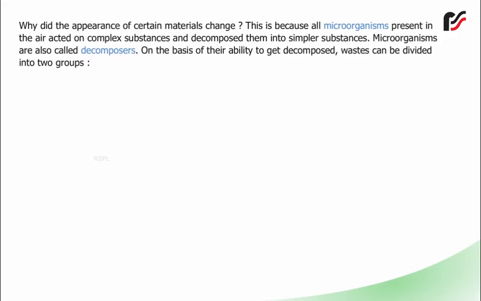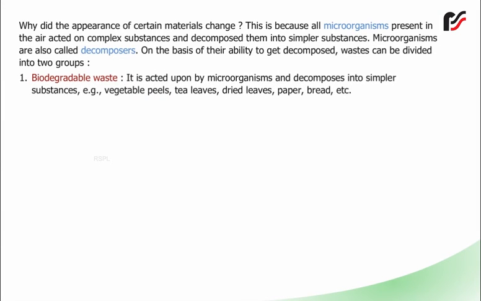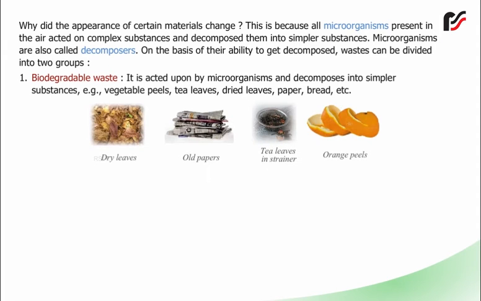This is because microorganisms present in the air acted on complex substances and decomposed them into simpler substances. Microorganisms are also called decomposers. On the basis of their ability to get decomposed, waste can be divided into two groups. 1. Biodegradable. It is acted upon by microorganisms and decomposes into simpler substances, for example, vegetable peels, tea leaves, dried leaves,